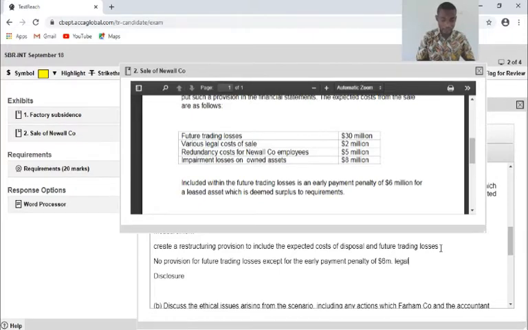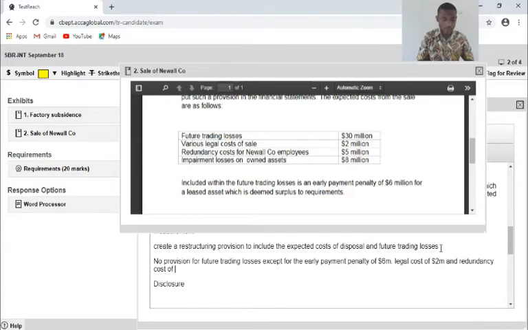Then I'll say legal costs of, so I'll bring the values, legal cost of 2 million, and then the redundancy, just to ensure, and redundancy cost of, that is 5 million.